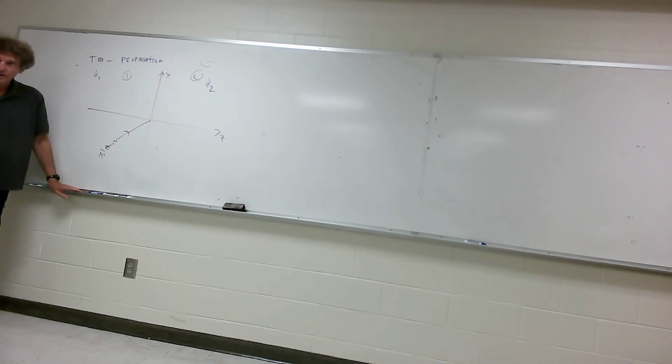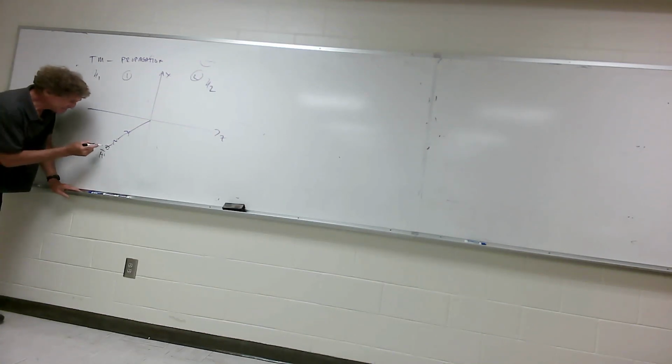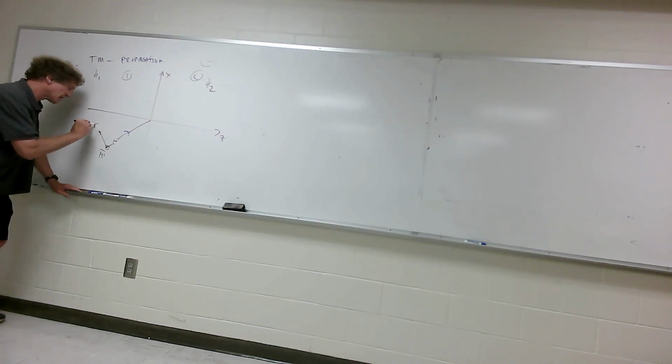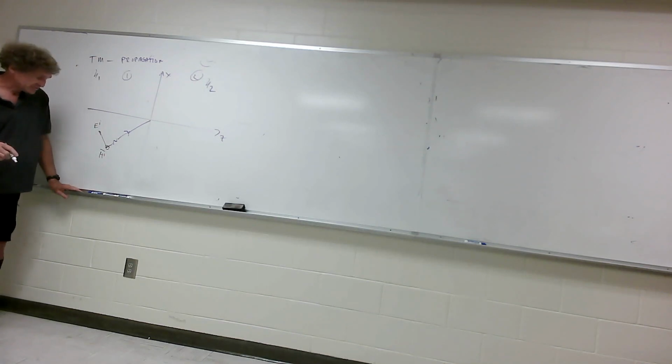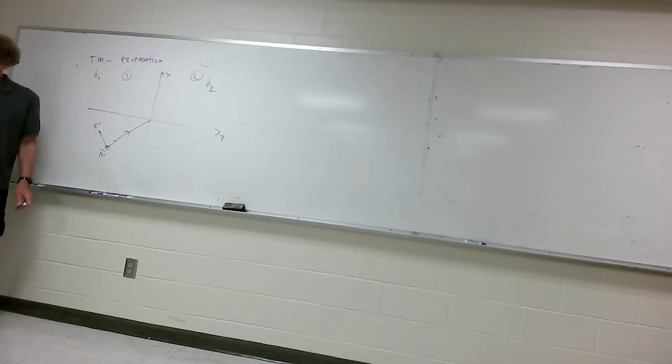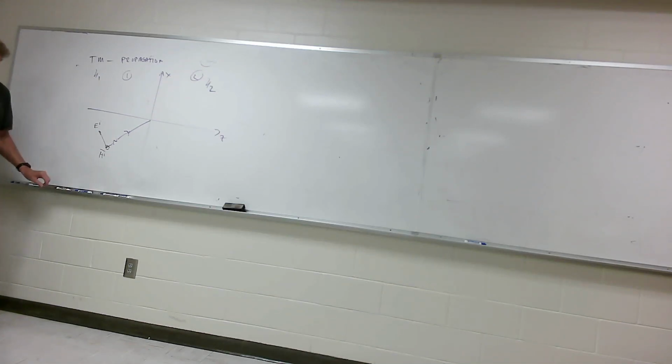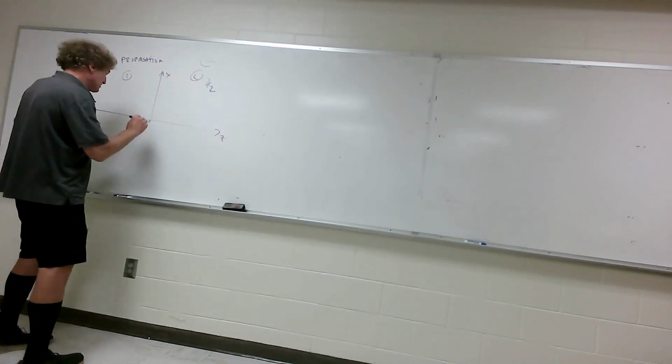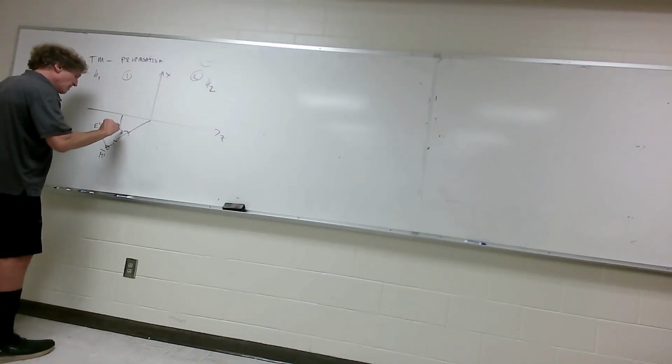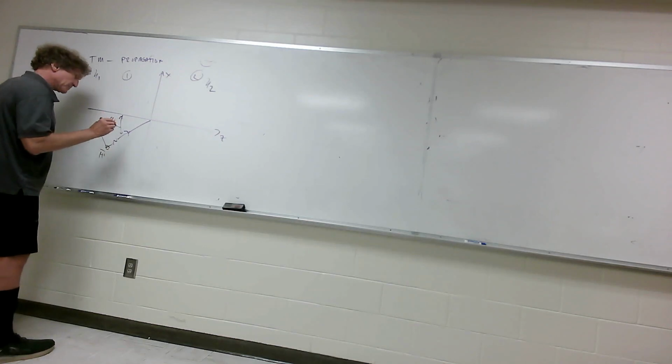You all with me? If you think about it, that means the E field has to be into the board like such, right? Because E cross H would be the direction of propagation. Does everybody follow me on this? This is the incident field. It's in the plane of propagation. That's the H field sticking out of the board. It's going to give rise to, and this is at some incident angle,